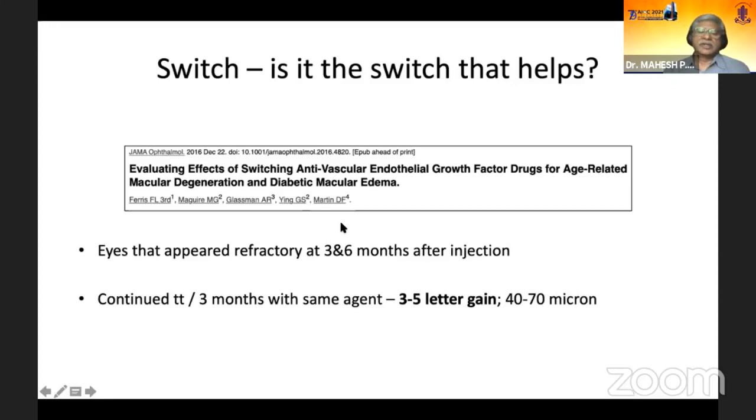Here is a study where they have continued the same treatment in a particular bunch of patients, and other patients switched also. So here we see that eyes that appeared refractory at 3 to 6 months after injection, that is usually the time when we switch. After 3 injections, we switch. The studies abroad have said that after 5 injections, you switch. So at the time when we wanted to switch, if you continue the same injection, what happens? So subsequent to another 3 months, there is a visual gain. So continuing the same agent for another 3 months resulted in 3 to 5 letter gain, and the central macular